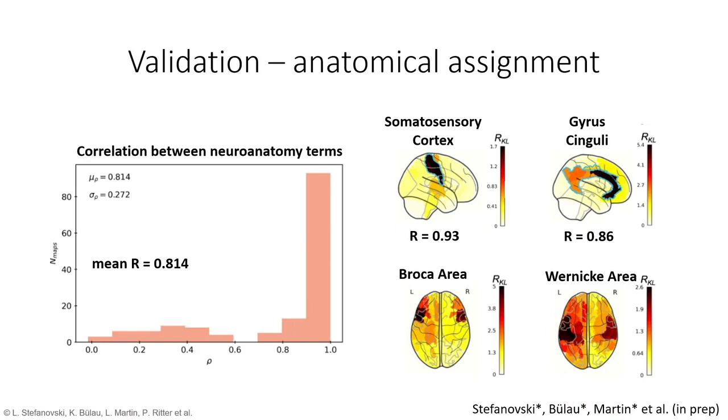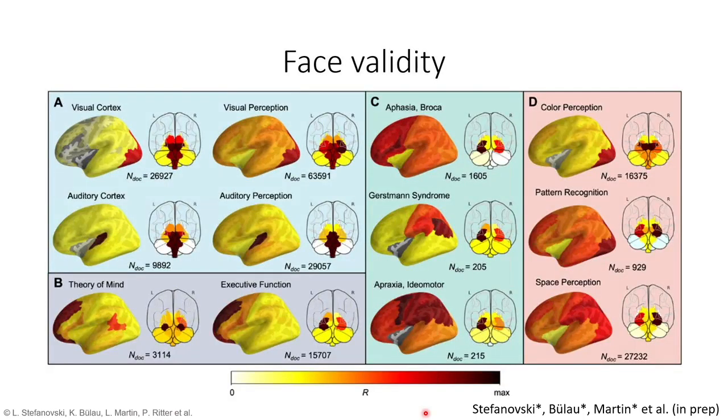So this is a quite nice first-step internal validation that our mapping process at least produces plausible maps of the brain. For the knowledge extraction, we then applied a measure of simple face validity. We mapped many functional terms of brain functioning and compared them with established knowledge reviewed in many publications. And as you can see here,